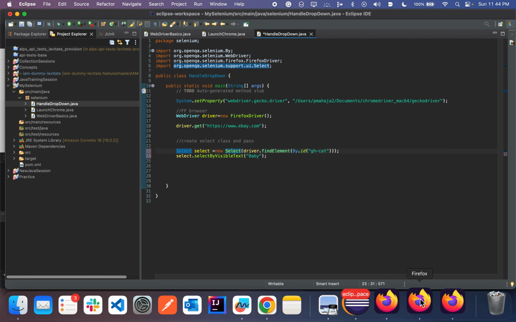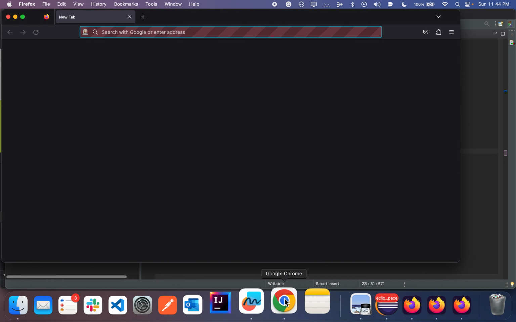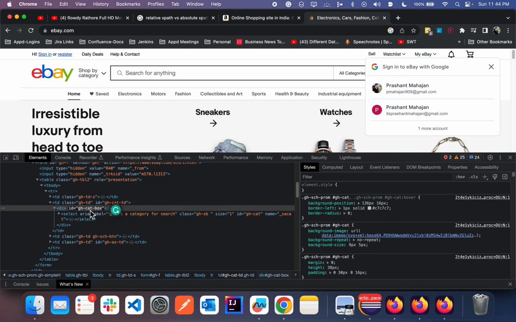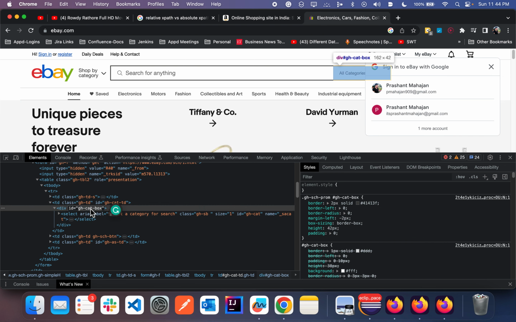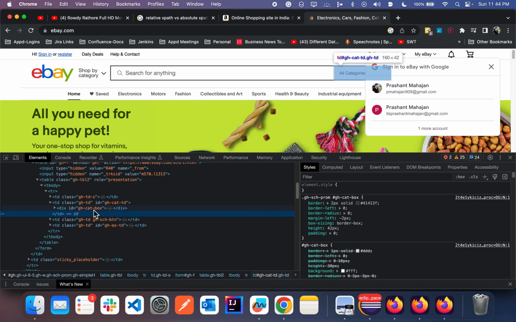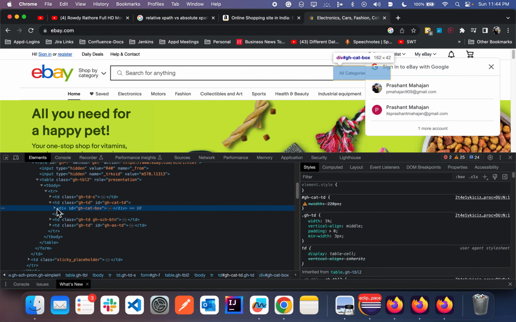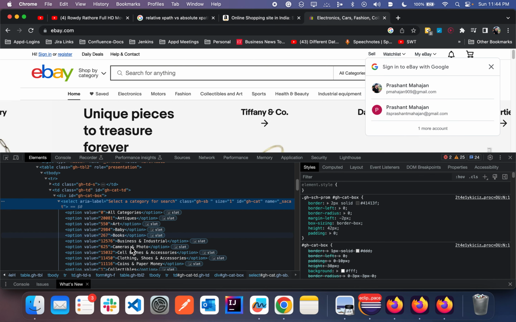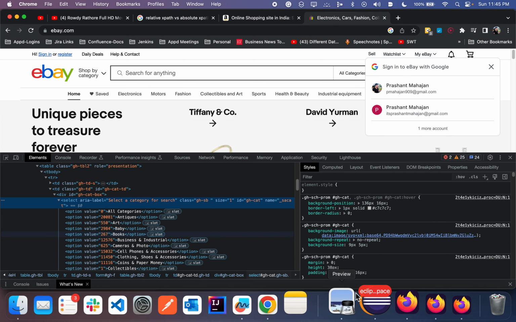So we can see that the ID is there, this one. So we use this ID, All Categories. You can see it got categorized, and in this also we have different elements, antiques and all that. Then we use the method called